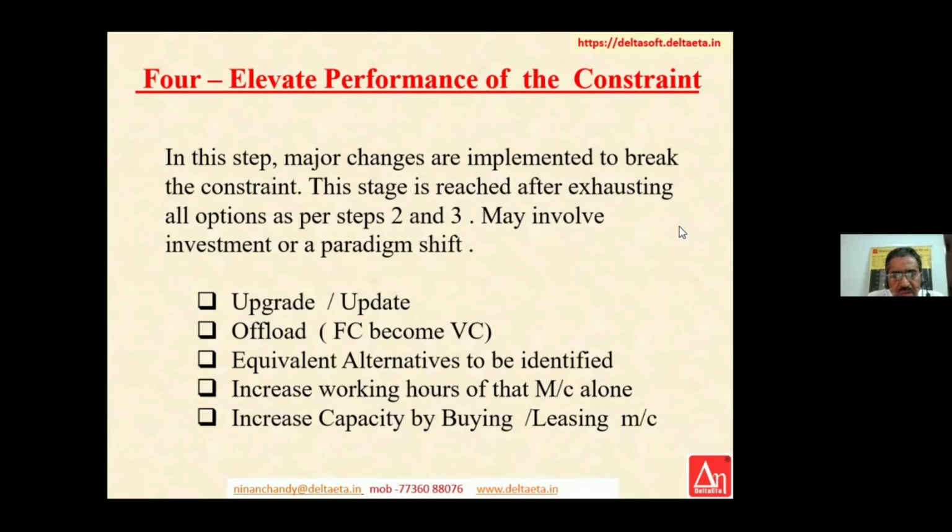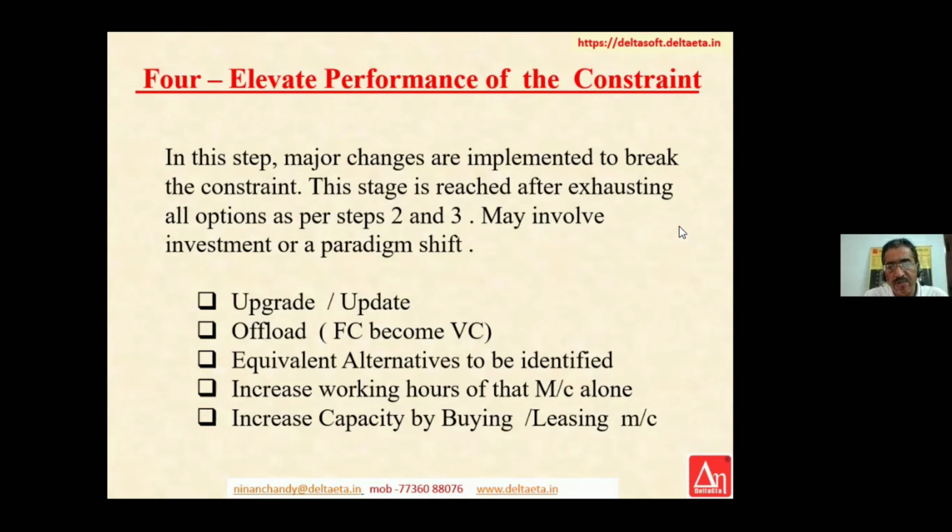So for them, there is no ownership of the car. The ownership is with somebody else. And they are making that whole exercise into a variable cost. You hire a vehicle, you get paid for that time. You invest money for that time. So this is what it means by offloading your constraint or the work so that your fixed cost becomes a variable cost. Leasing of machine, renting of machine, all these are part of this offloading activity.